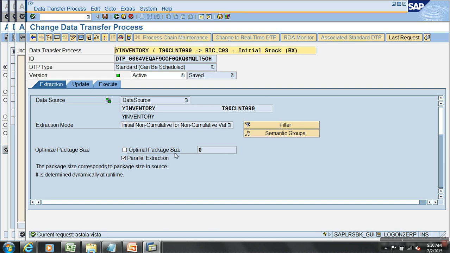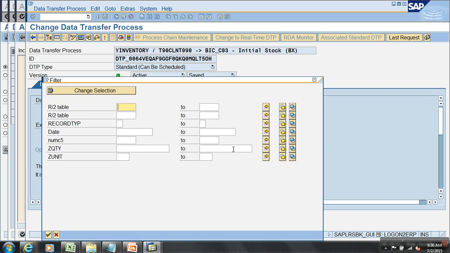And moreover, if I just leave it, will it take all the 9 records from the PSA? No, that is not what I want. Actually, initially it should load only with I. So I'll say record type